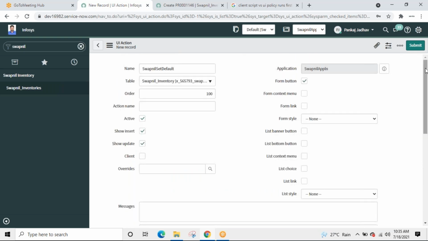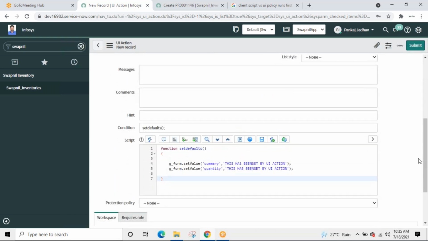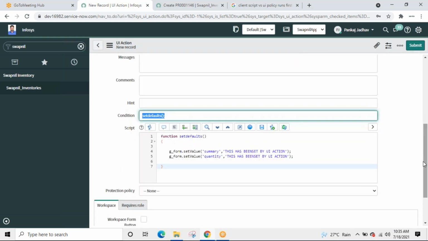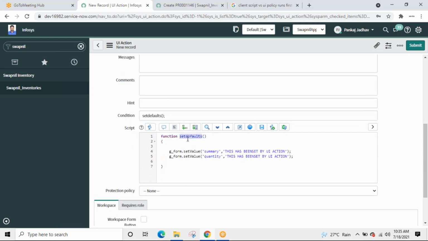Yes. Now, how would the flow be? There will be a button on the form, a button named this. Whenever the user clicks on this button, a code will be executed. How? Because on click of the button, it will execute a function named setDefaults. When this function is executed, the control would go to the scripting part. It will find this function. When this is matched, this code will be executed. Let us save.